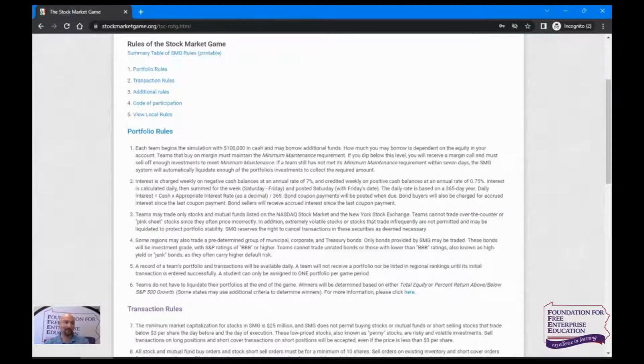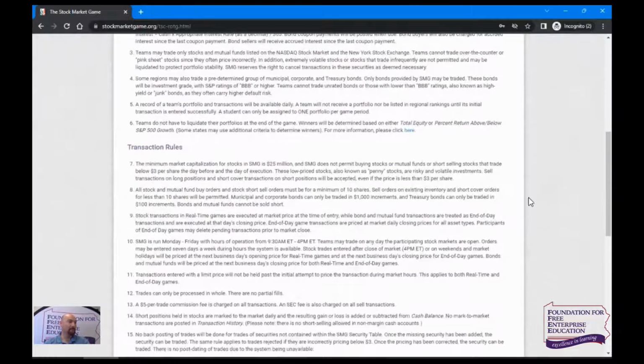You don't have to read this. But sometimes people will ask me something and the answer is in the rules. And so I'll just have to say, well, here's the reason why that is. There's a couple different things. One of the main things to note with the transaction rules is the minimum market capitalization for stocks is